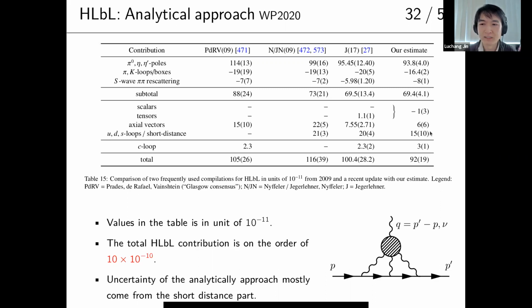So this is the unreliable piece, and it contributes a lot of uncertainty. On the lattice, it's actually the opposite situation. This state is the most problematic one. So these two pieces are complementary, but it's not very easy to combine them because of the